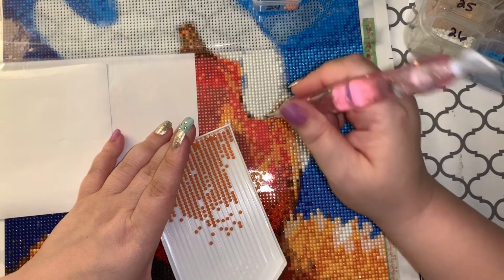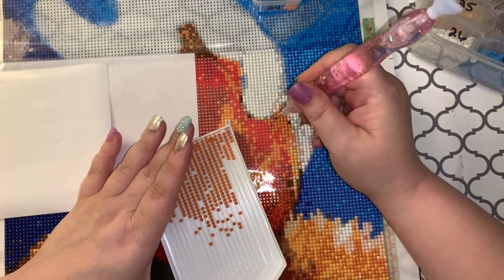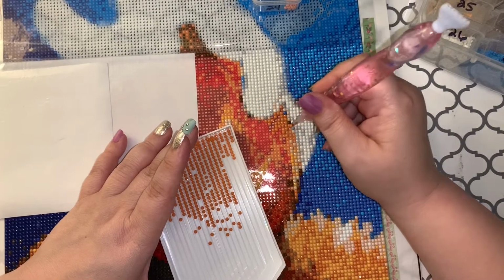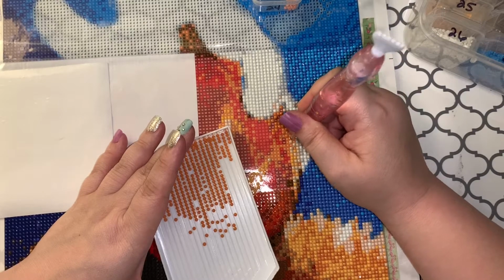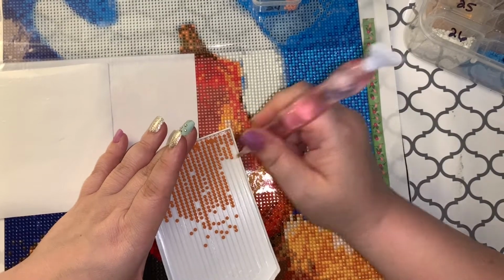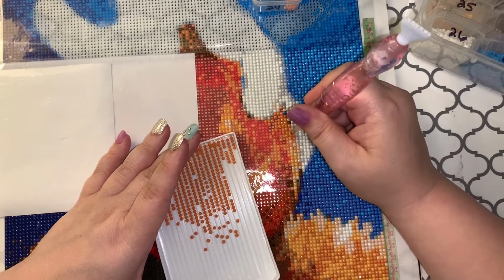Try not to be so loud with the popping. I know some people like it and other people are like, ooh, but I really can't help it because even if I just easily place it like this, you still hear it. But anyway,